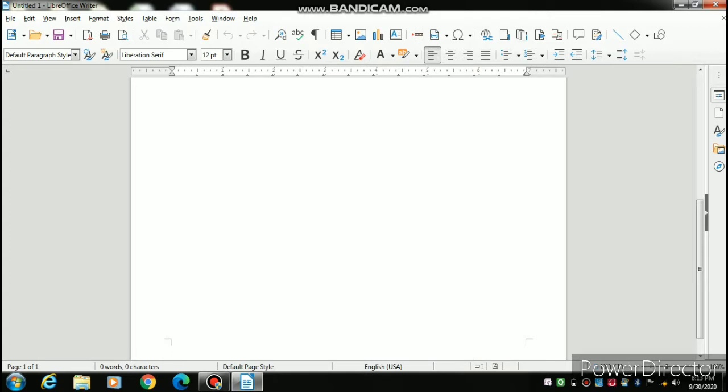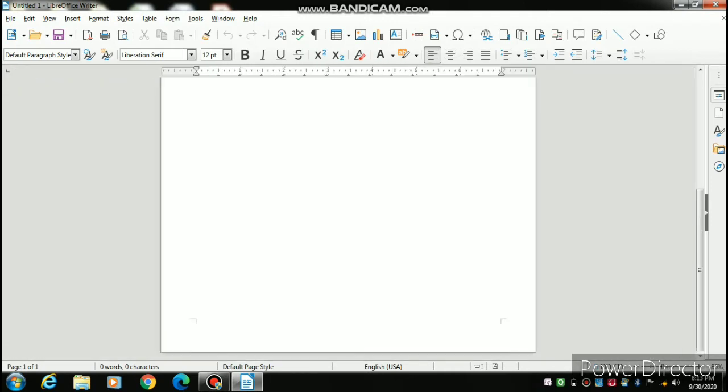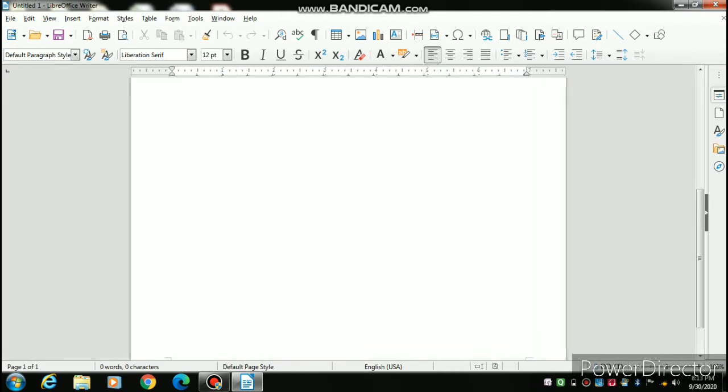Then in the right corner, you will get the zoom. You can zoom in or zoom out. It will only change the appearance of the screen, and your physical text will not get affected. It is only for viewing purposes. So in this way, these are the main features of the Writer screen.